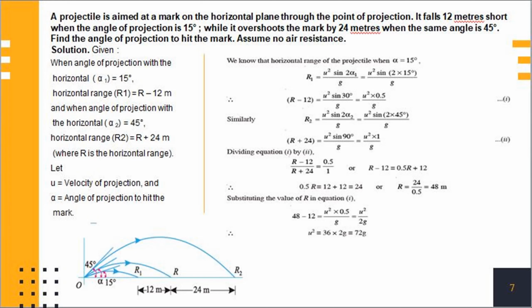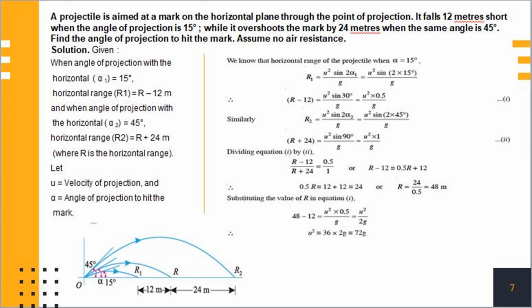We know that for the horizontal range of projection when alpha is equal to 15 degree, r is equal to u square sin 2 alpha divided by g. Therefore, that equation becomes r1 is equal to u square sin twice alpha 1 divided by g. By putting the given entities in this equation, we get equation number 1 as r minus 12 is equal to u square into 0.5 divided by g. Similarly,